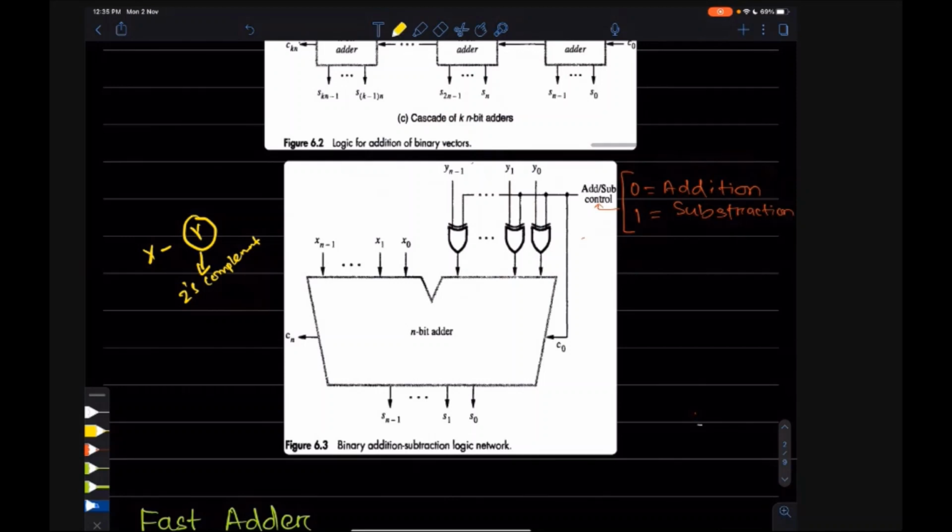Suppose one component is 0, the other component is either 0 or 1. What is 0 XOR 0? 0. 1 XOR 0? 1. So whatever the value of X is, the XOR gives the same.